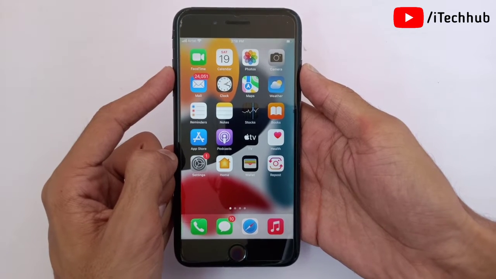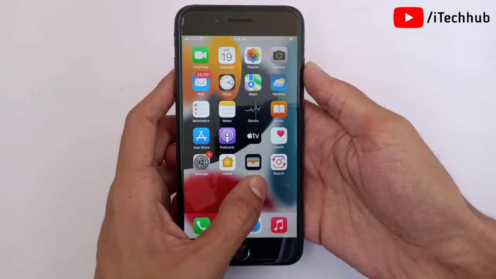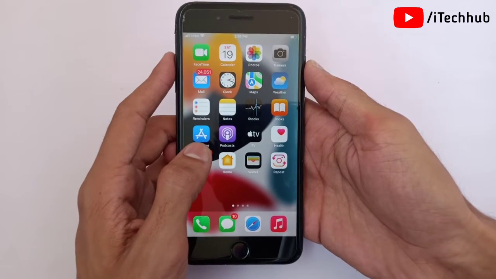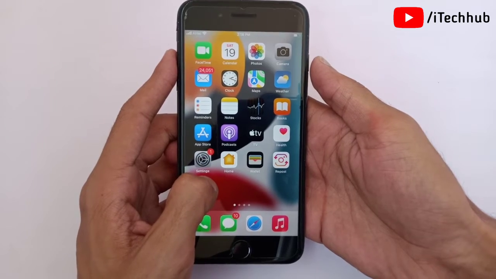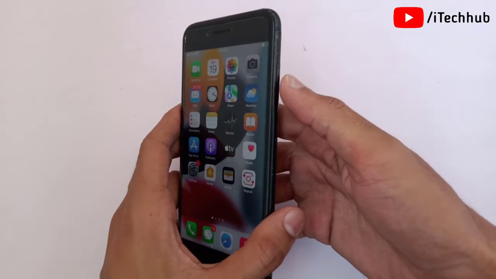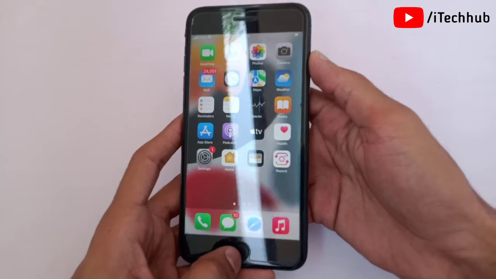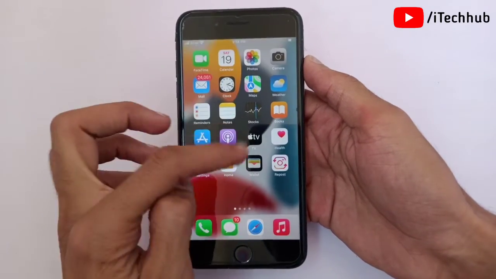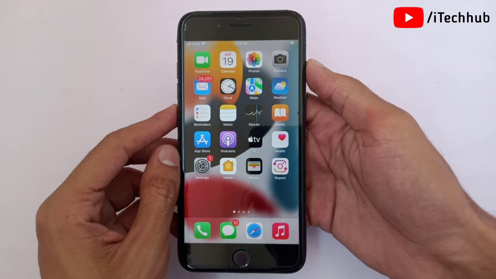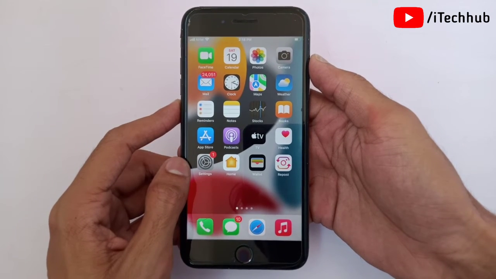Now first of all I will show you solutions for iPhone 6s and iPhone SE first generation users. The solution is to force restart your iPhone and iPad. So guys, what to do? First of all, press and hold both the power on/off button and the home button at the same time. When the Apple logo appears on your iPhone screen, release both buttons and it will easily restart your iPhone